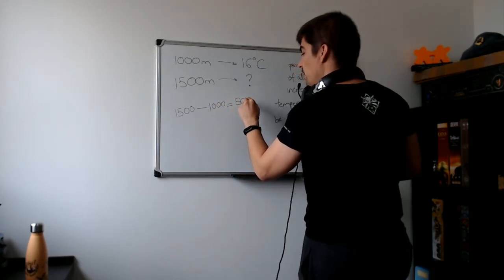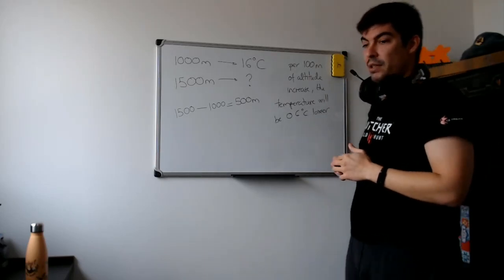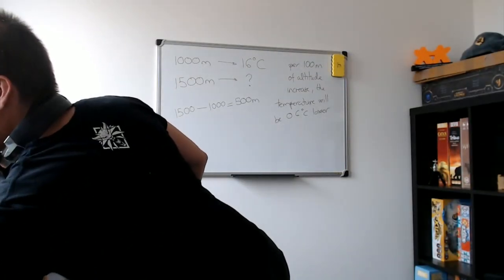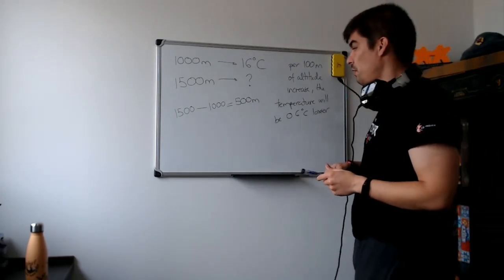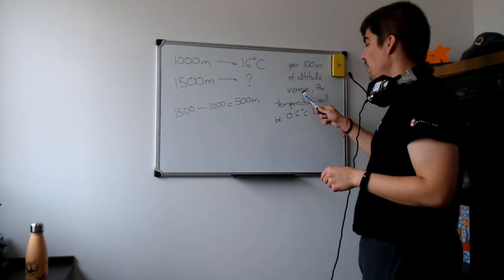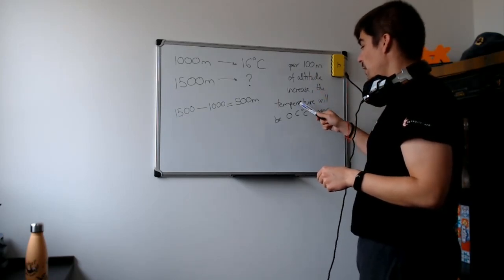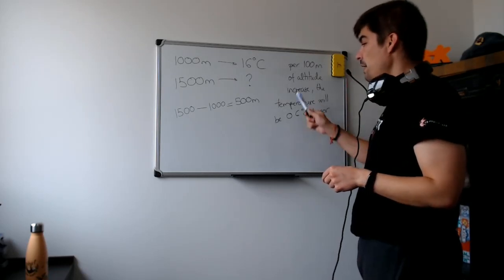The increase is, uy, el WhatsApp. The increase is 500 meters. So if per 100 meters of altitude increase the temperature will be 0.6 degrees lower, if the altitude increases 500 meters,